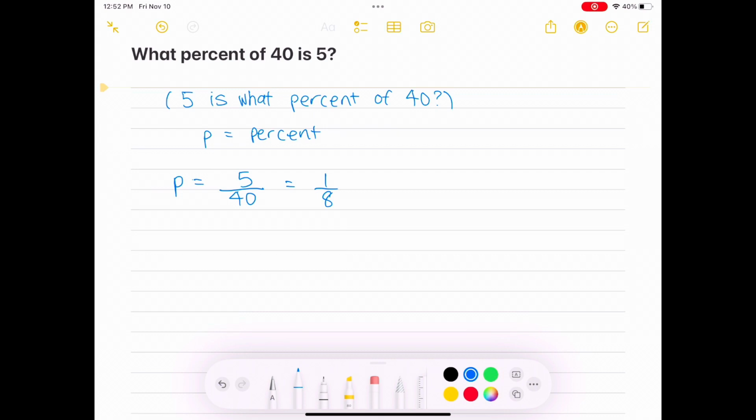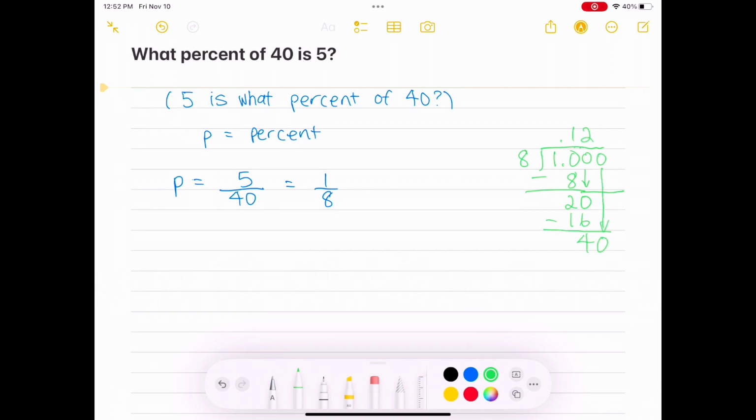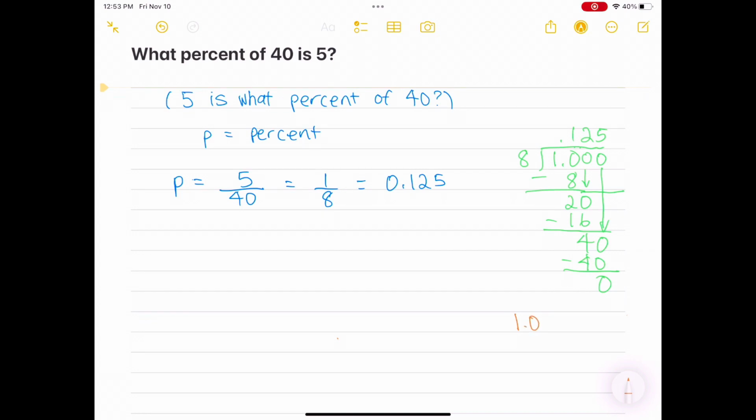And then since fractions are division problems in which the numerator is divided by the denominator, we will do that division problem, 1 divided by 8. If you need a review on how to divide decimals, please watch my earlier video, lesson 18, on dividing decimals. So back to the problem, 1 divided by 8 works out to be 0.125. So we write that answer next to our problem, 0.125, and now we need to convert the decimal into